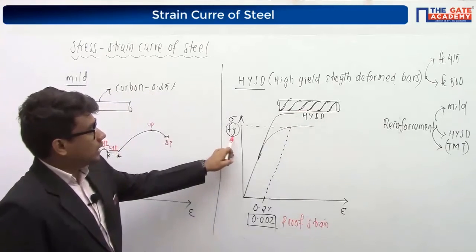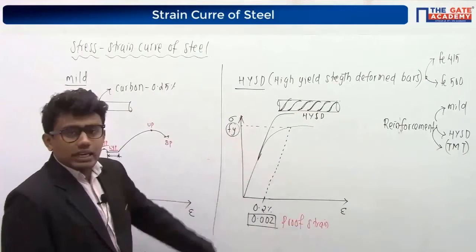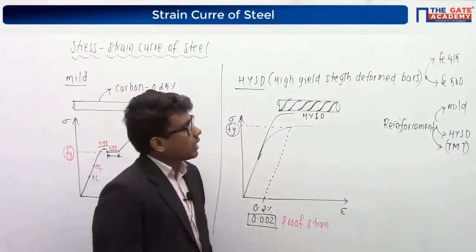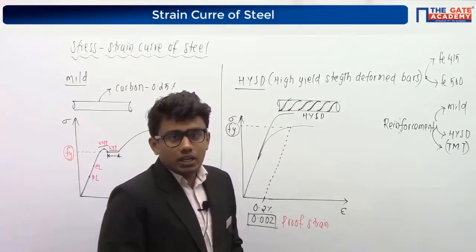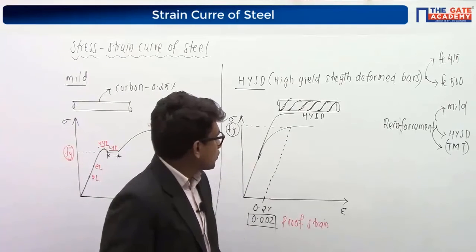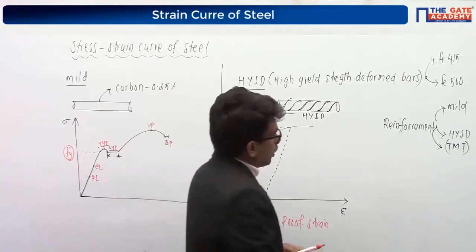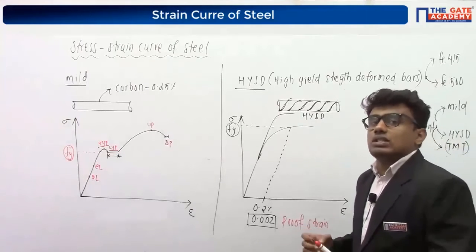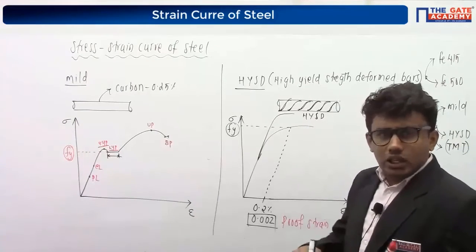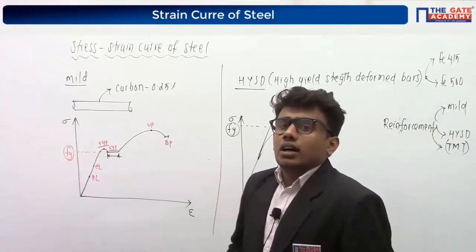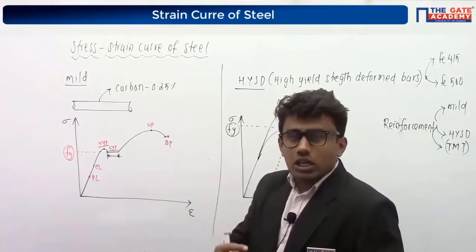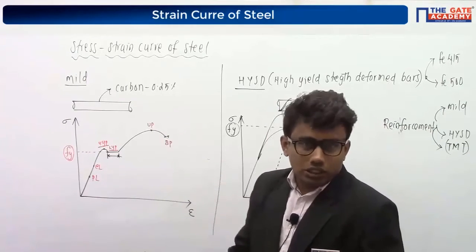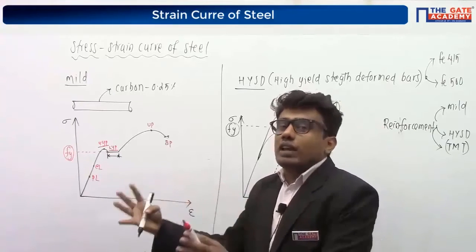This is the yield strength, and for Fe 415 the yield strength will be 415 Newton per mm square, and for Fe 500 the yield strength will be 500 Newton per mm square. And if you talk about the Young's modulus of elasticity, we discussed the modulus of elasticity of concrete, right? There we have a non-linear curve, and we talked about the secant modulus. We discussed the short-term modulus and long-term modulus. So we have to consider different moduli of elasticity there.